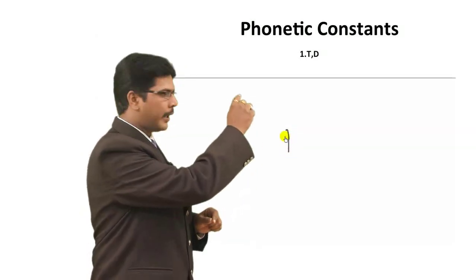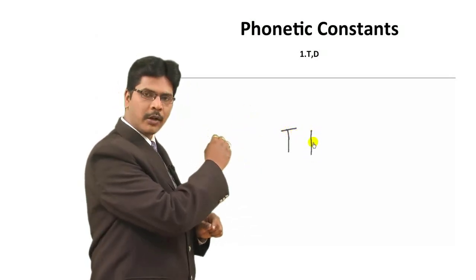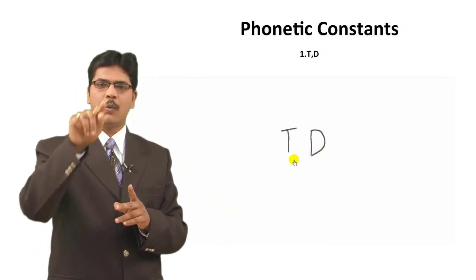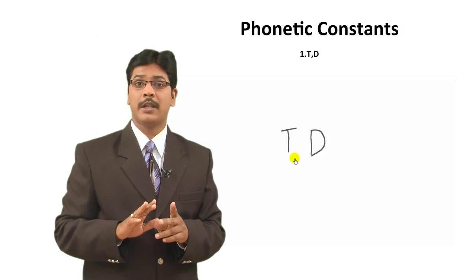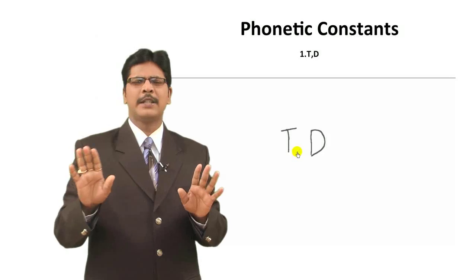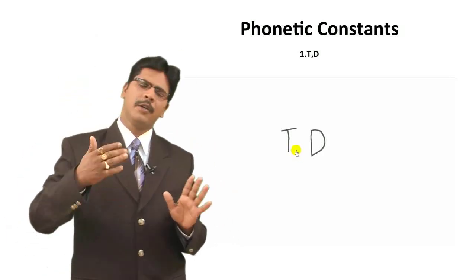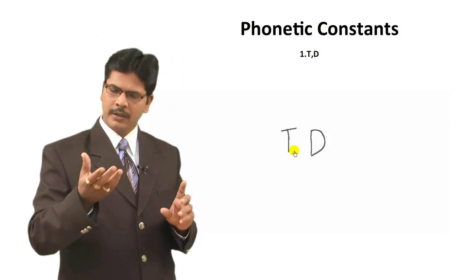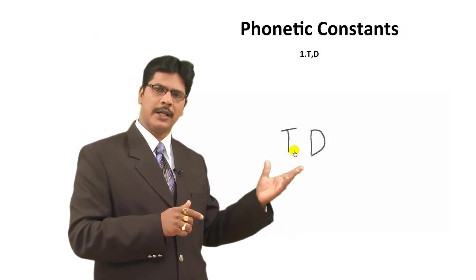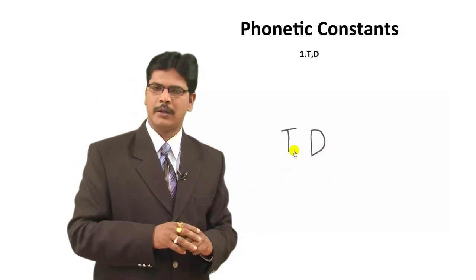See, only when I draw one downstroke, I can write T. To write D also, I have to use one downstroke. So T and D have one downstroke. You may say, sir, there are so many other letters which have downstrokes like that. So don't bother about it. It's only an aid to remember that. Just for a few minutes you have to remember this, okay? As we go ahead in the further numbers, you will easily understand all this, okay? So number 1, T and D, sounds are ta and da. And the aid is one downstroke in T and D, that's why 1, okay?